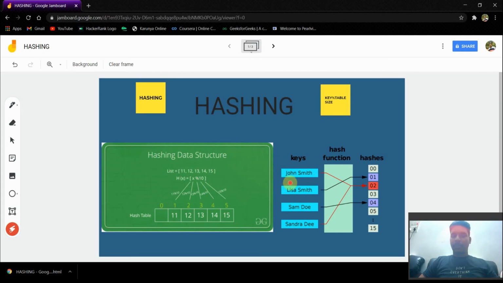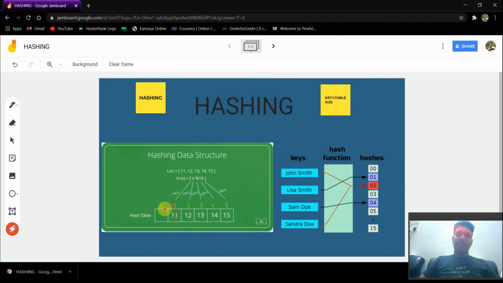How are these two the same, John Smith and Sandy D? How did these two come into the second position? One more thing I forgot to tell: here I placed 11 in the first index.